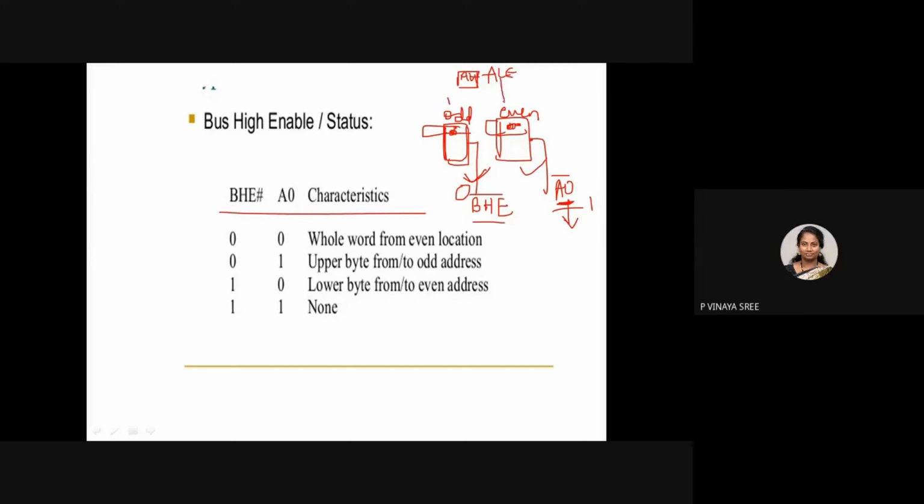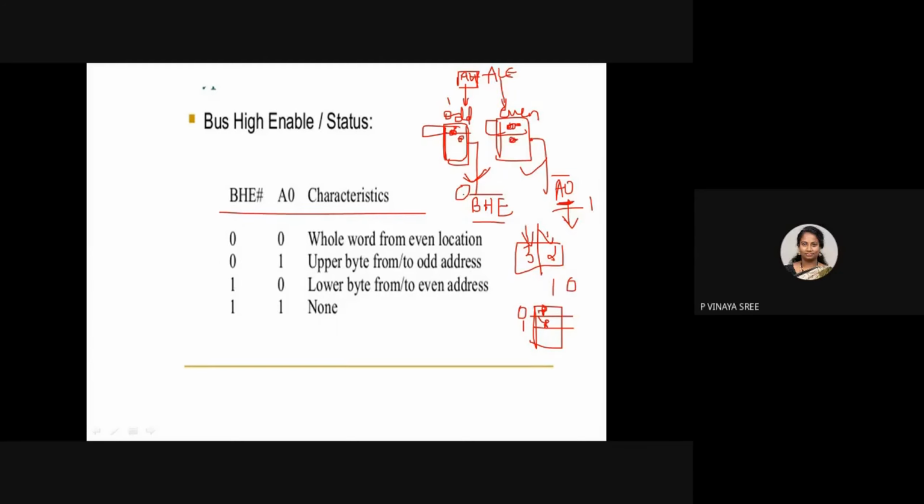So odd is higher order. Just now I said AL is lower, AH is higher. Why am I mentioning this as higher and lower? Just now I said 0 1. If you write the address, it will be represented as 0 1. So this is higher order, this is lower order, and then 2 3. If you write like this, 2 will be present in even, 3 will be present in odd. So this is lower and this is higher. So whenever this is 0 and this is 1, you are accessing the upper bytes of data. You are not accessing the even address.